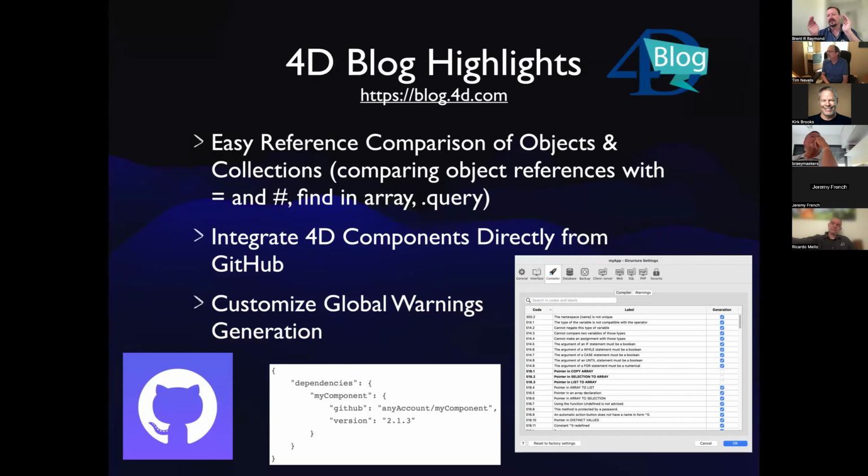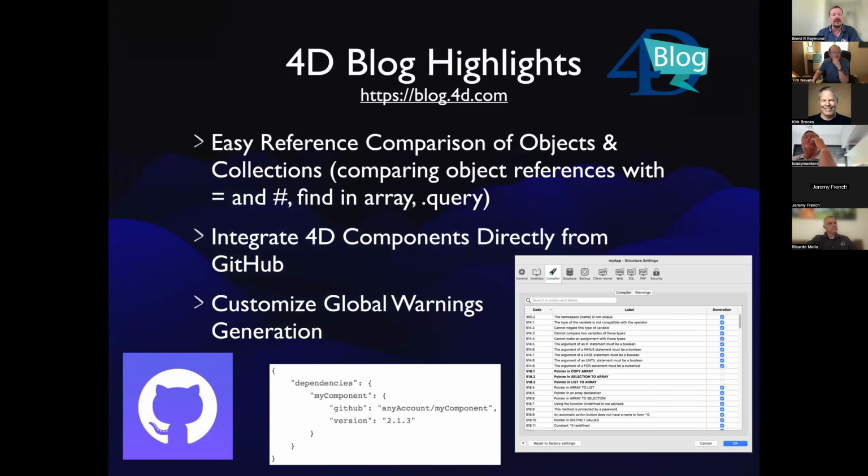Is this the same object or is it a copy of the object? And not only that, but it's immediately useful with things like arrays. If you have an array of objects, you can now find an object in an array quickly because of the fact that it's using the reference comparisons behind the scenes.